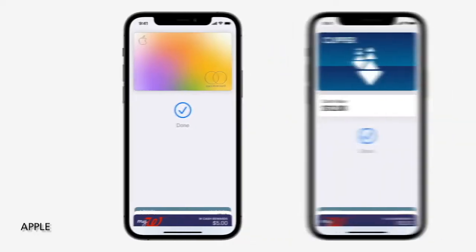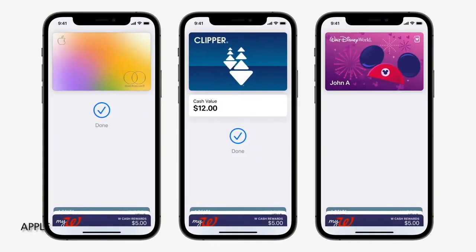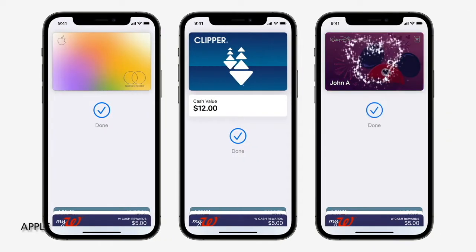Next, we brought transit cards with Express Mode to your iPhone. You just breeze through the turnstiles in San Francisco, New York, Beijing, Tokyo, and more. And just recently, Walt Disney World added their park passes, creating magical moments as you tap to enter, ride, and